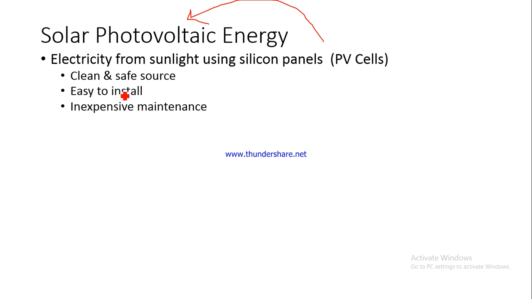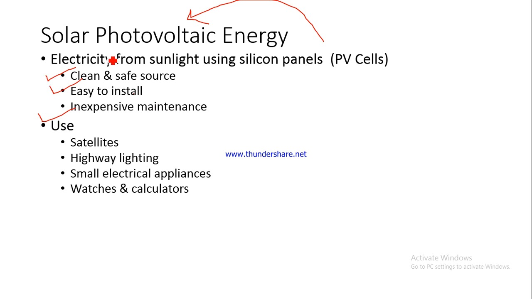Right, now the advantage is that it is a very clean and safe source and easy to install, and the maintenance is also not going to be very costly. So low operational cost, low installation cost also. Right, so these are the advantages, and that is why solar photovoltaic cells are used in satellites. And this is how satellites keep